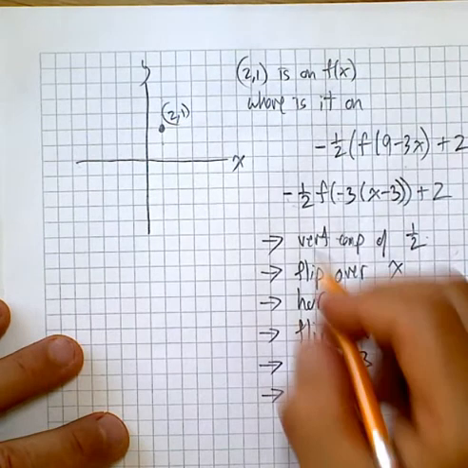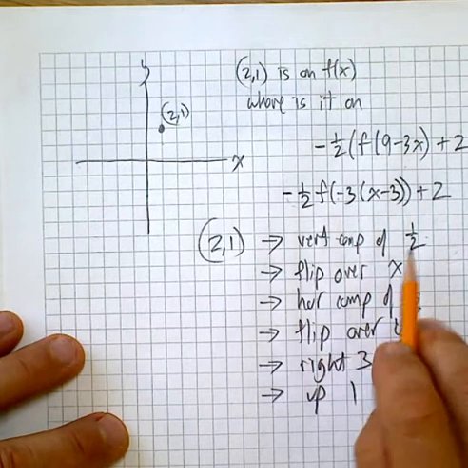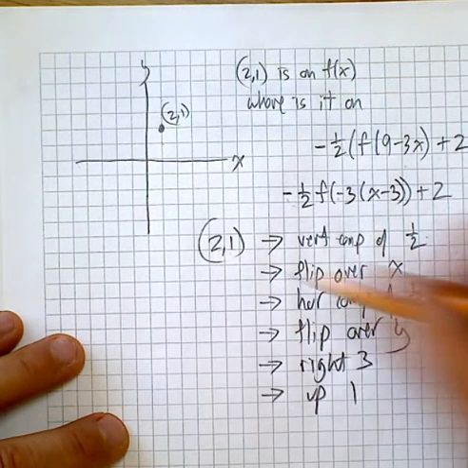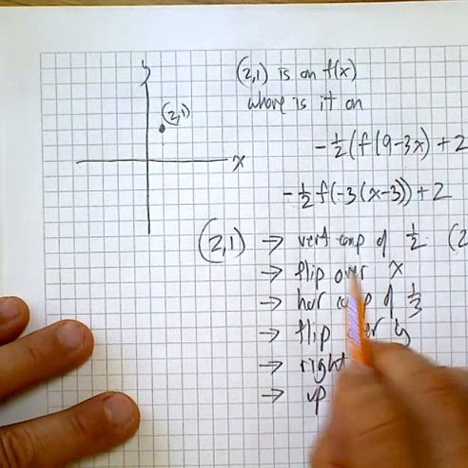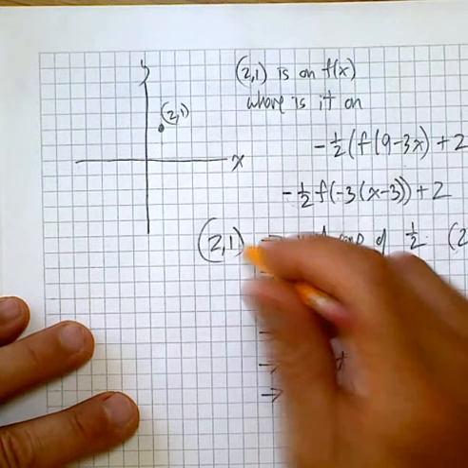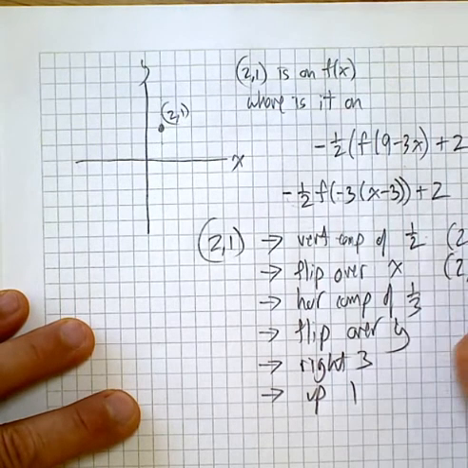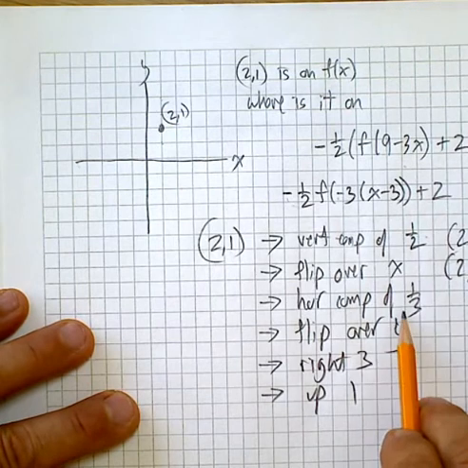So we start off at 2, 1. Vertical compression of 1/2. Vertical affects the x or the y? Vertical affects the y, so that becomes 2 and 1/2. You flip over the x-axis. You flip it this way. If you're flipping it this way, it's your y that changes. So now it's 2 and negative 1/2. Horizontal compression of 1/3. That means that you're,